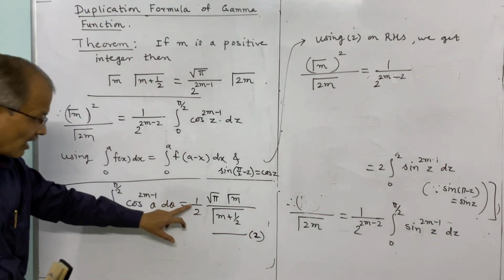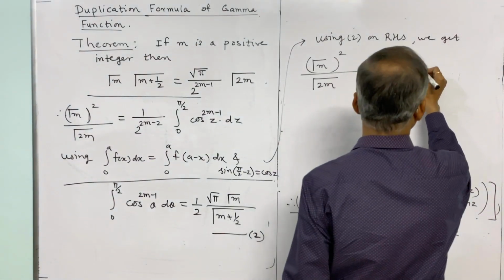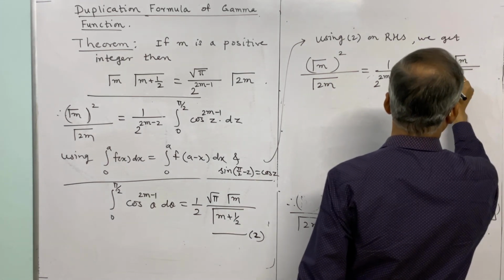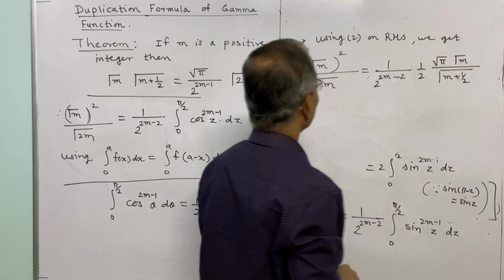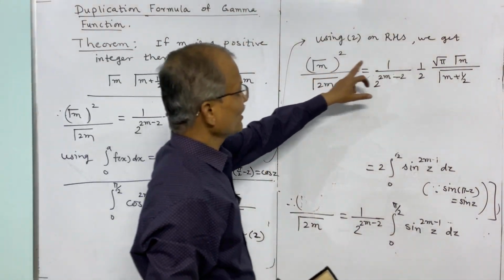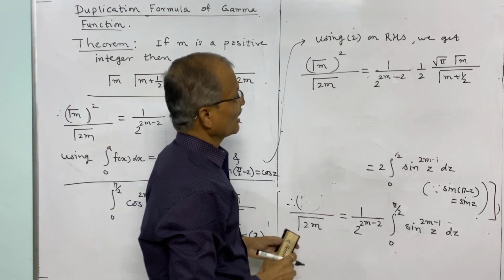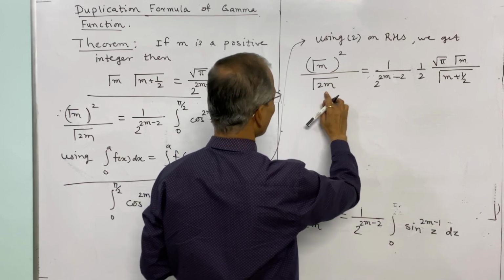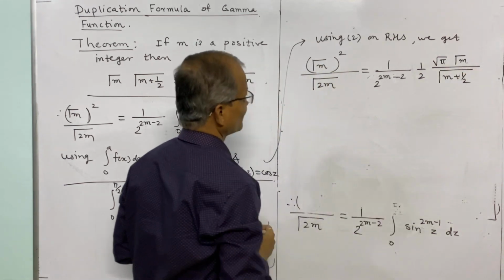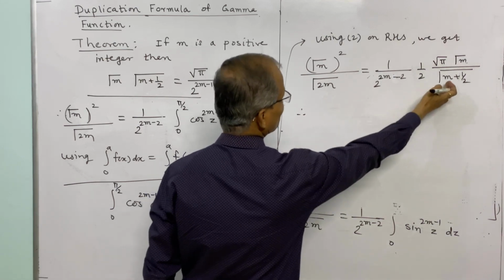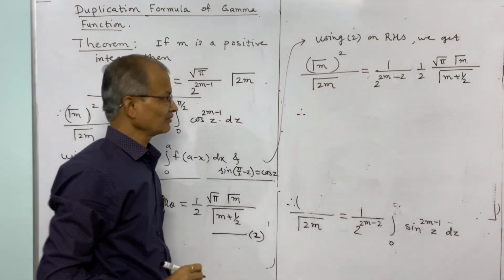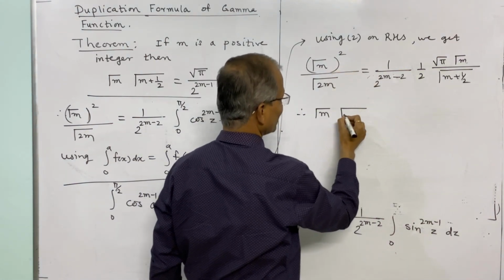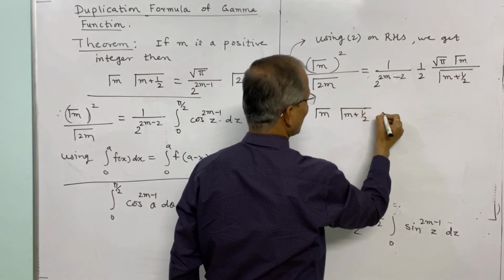Its value is half root pi into gamma of m divided by gamma of m plus half. Now you see, one gamma of m cancels from either side, so what remains is gamma of m. This gamma of 2m we shall transfer to the other side, and this gamma of m plus half we shall take to the left side. Shifting the terms, gamma of m plus half, in the numerator, is equal to